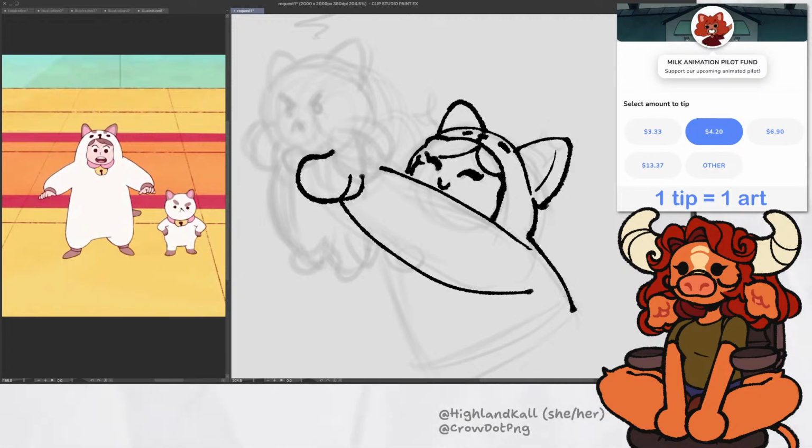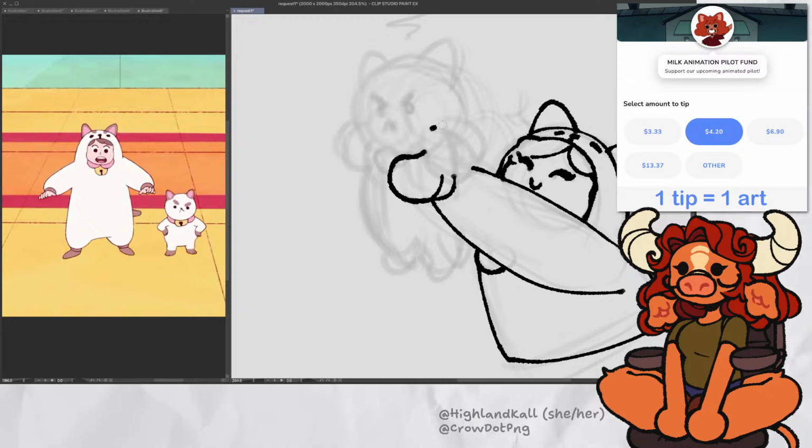Let's get that down here, and oh yeah, I was going to include the bell down here. And then for his arms I'm going to have them like this, probably make them bigger than they should be.